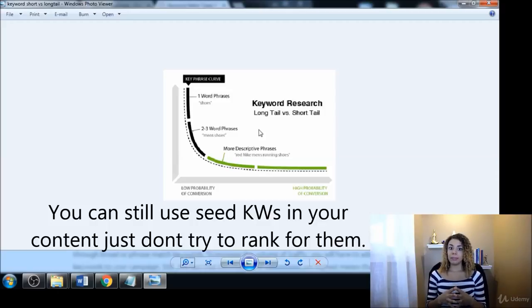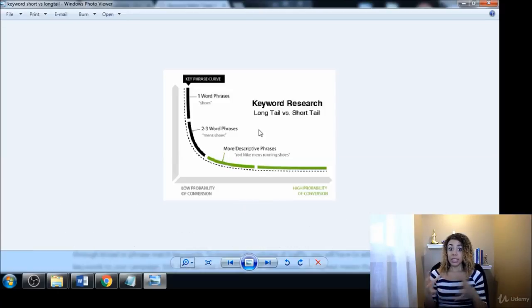However, I do recommend doing keyword research in order to find terms that you can rank for and using those terms. Otherwise, you're just going to be kind of fooling yourself, trying to rank for something like shoes or even Nike shoes. That would be ridiculously hard to rank for, and you probably don't have the time or budget in order to be able to rank for a term like that.